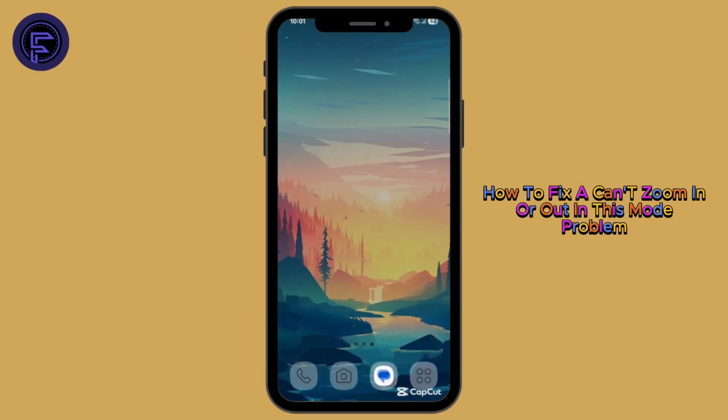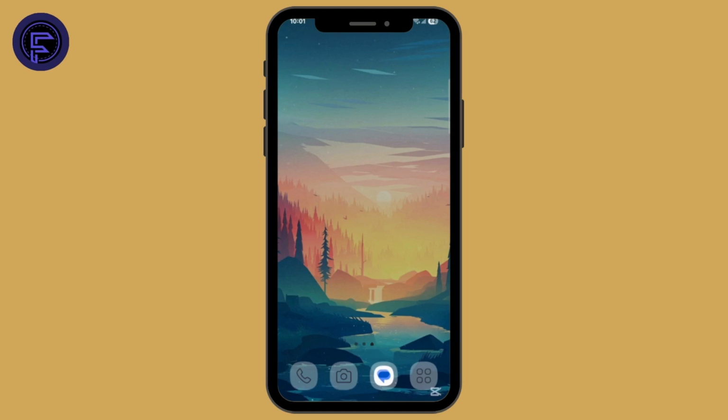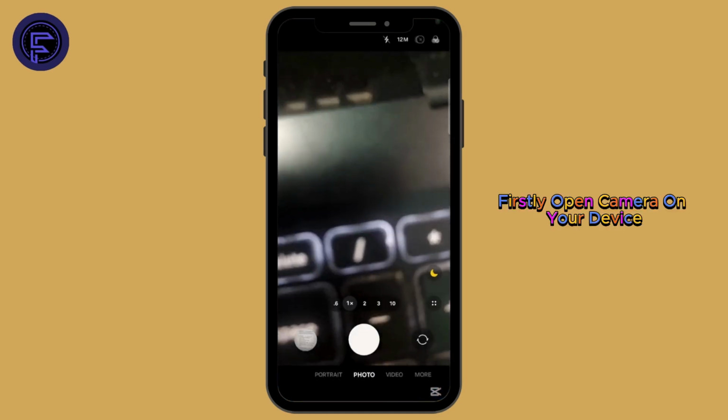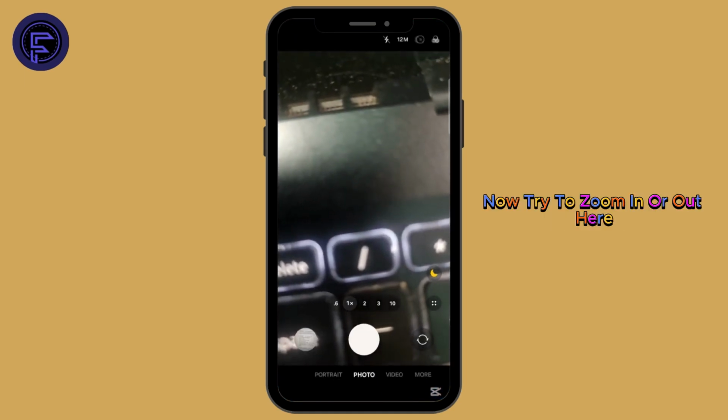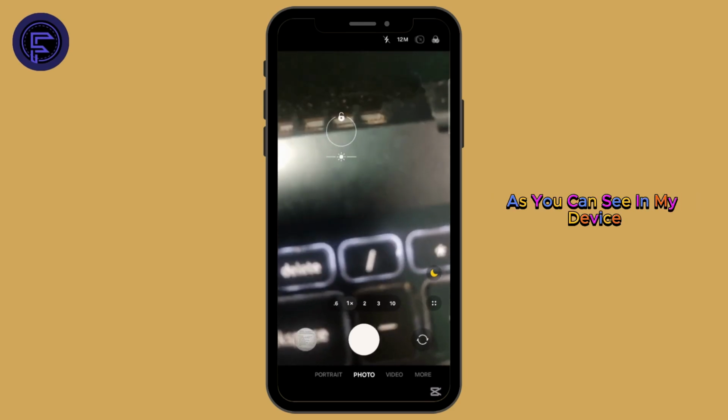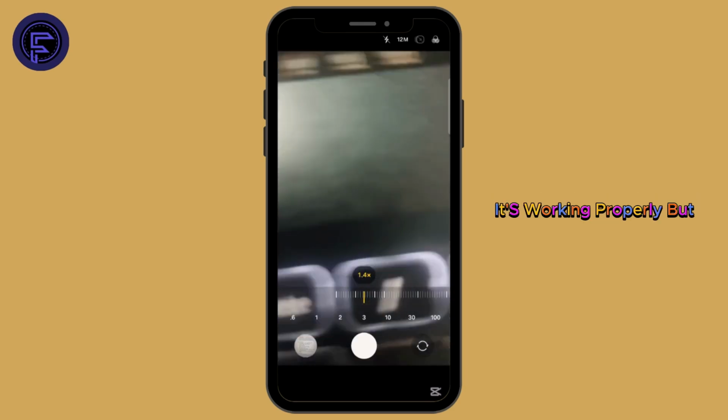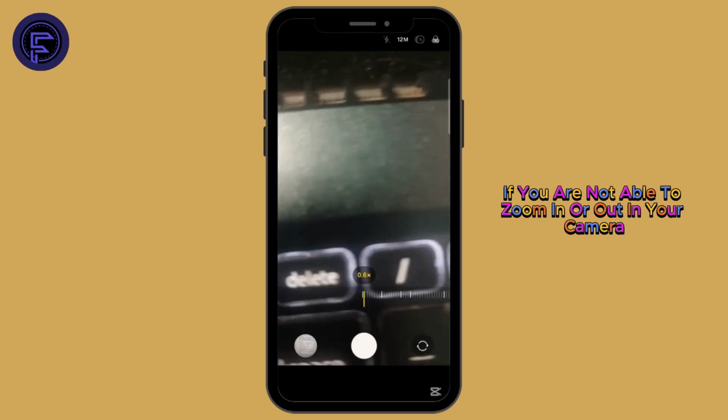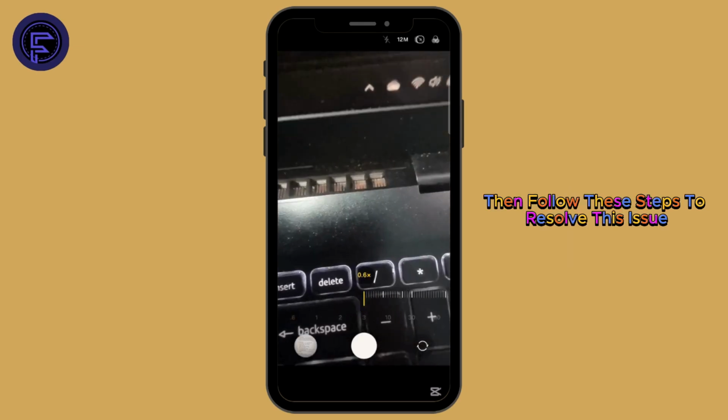How to fix the can't zoom in or out in this mode problem. Firstly, open the camera on your device. Now try to zoom in or out here. As you can see, on my device it's working properly. But if you are not able to zoom in or out in your camera, then follow these steps to resolve